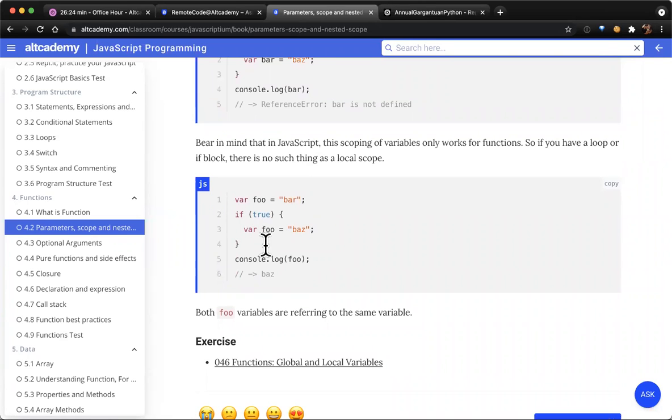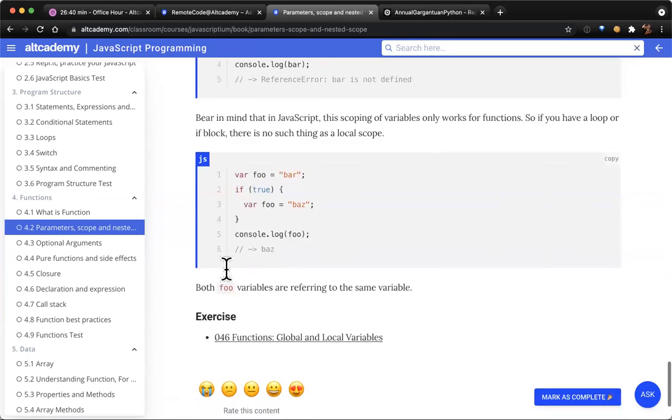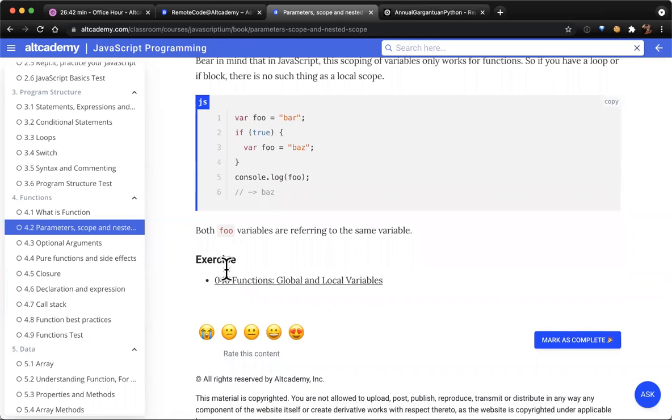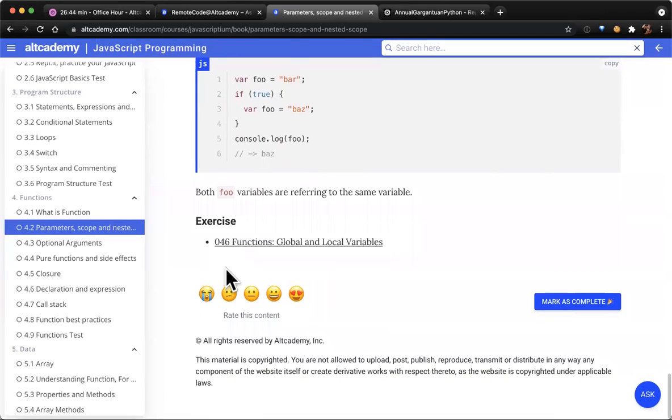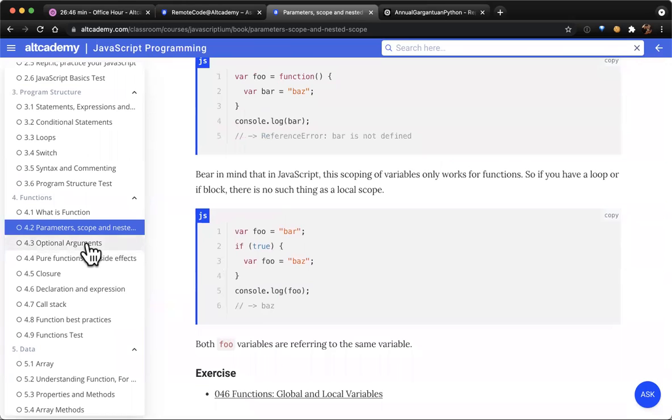So these blocks, like these if statements, they don't have scope. So you can still call foo here. So foo will be fine because you're changing the global scope. Okay, that makes sense.